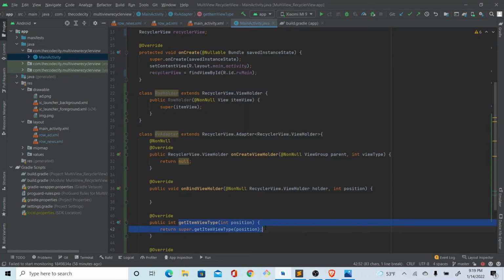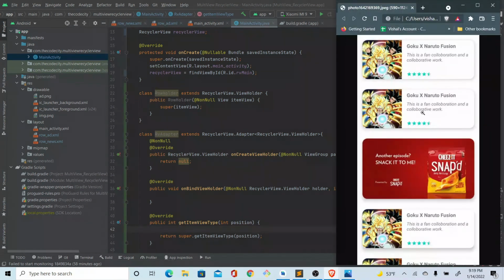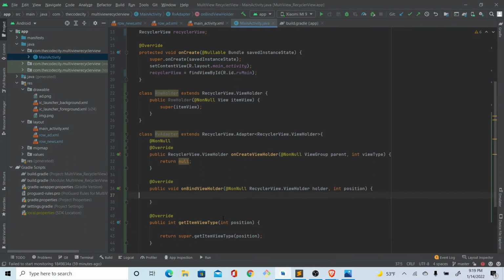Now this will give you the position, right? And you handle that position in our onCreateViewHolder. So what I mean by that is, where do you want to show this thing? As you can see here, there are two of these things and then we have this, right? So every third one is an ad. So that means if the position is